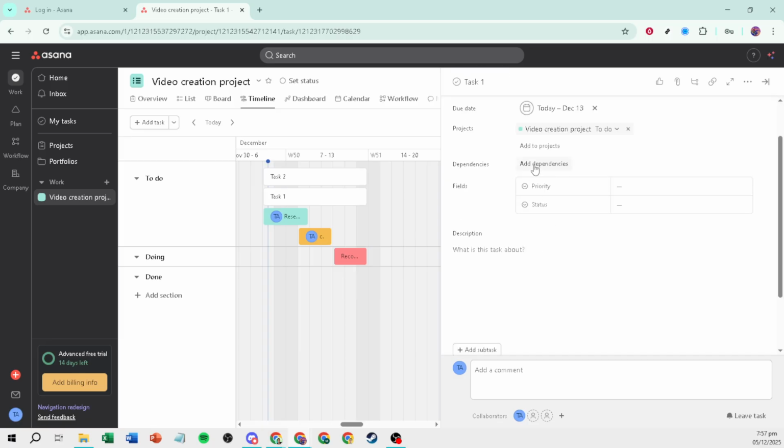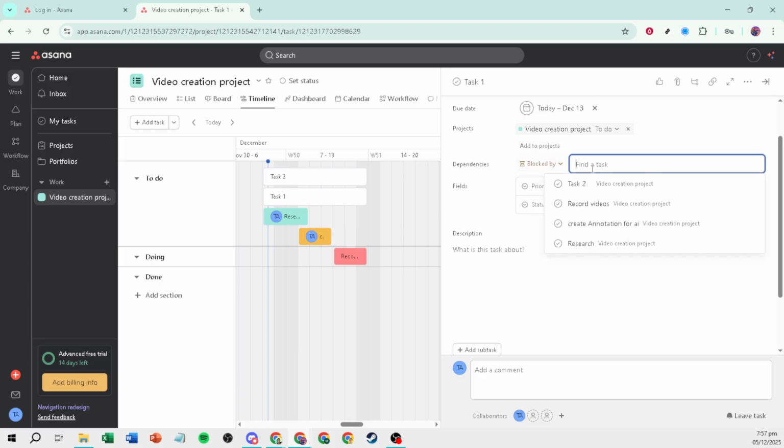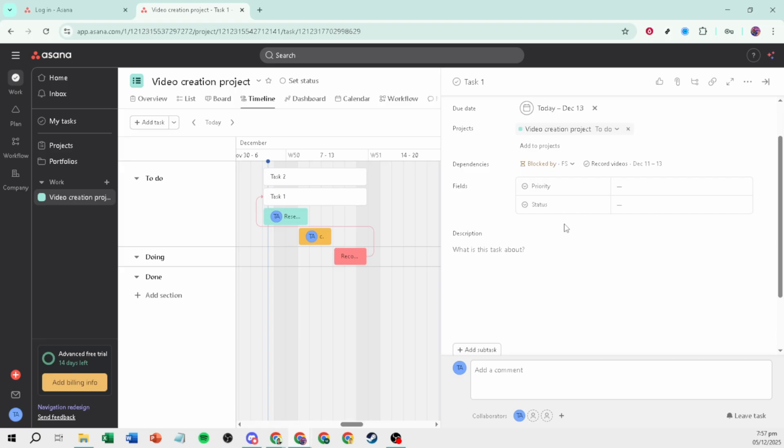Need to adjust your plan? Simply drag and drop a task bar to change its dates. The timeline updates automatically. Click any task to open its details pane, where you can review dates, assignees, and dependencies